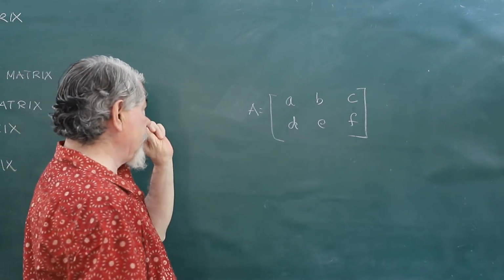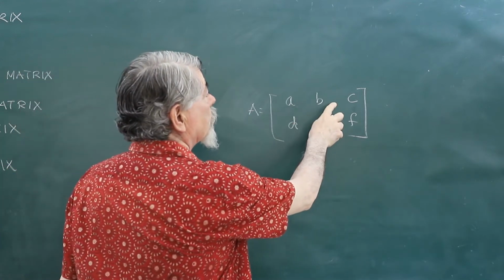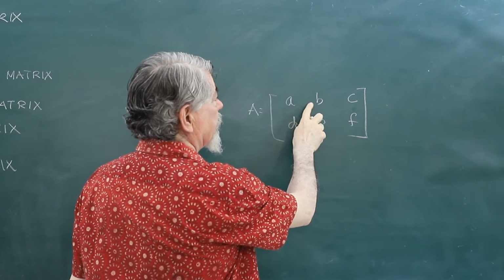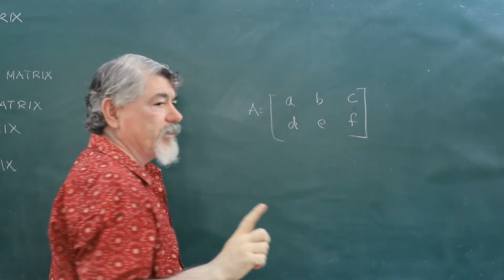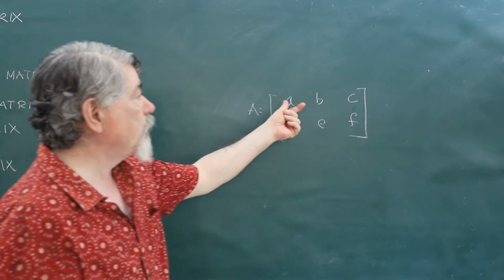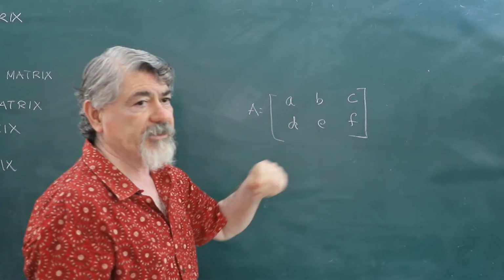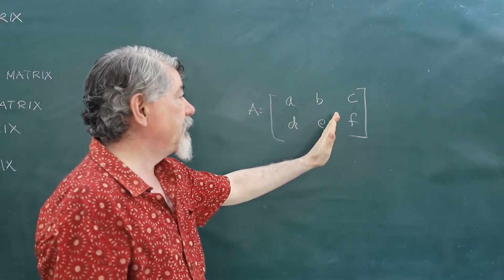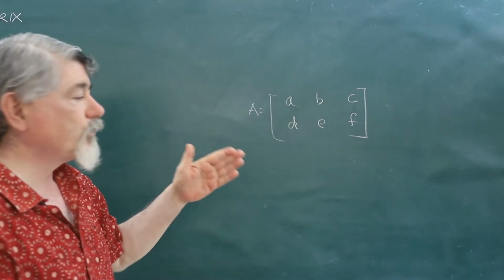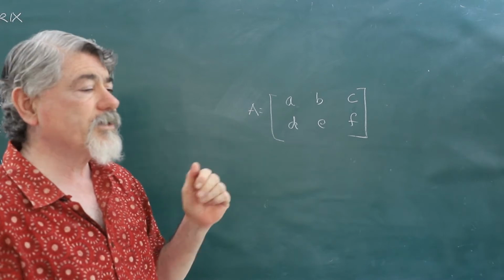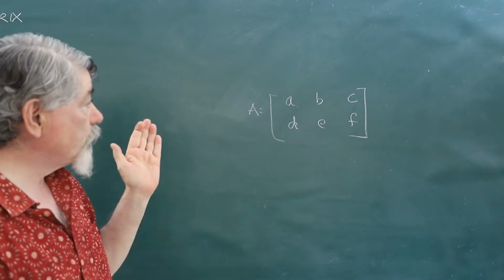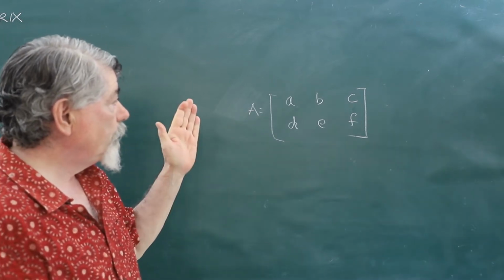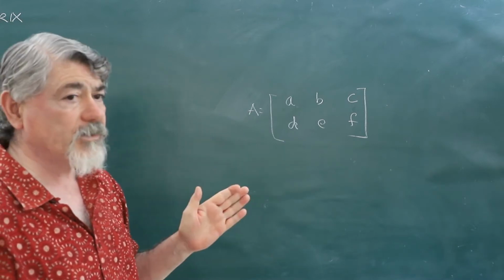And you would notice that there is no comma in between. It's just a space left to distinguish between the numbers, but there are no commas or dashes, nothing. So there will be nothing in between A, B, C or D, E, F. First row, second row, first column, second column, third column.